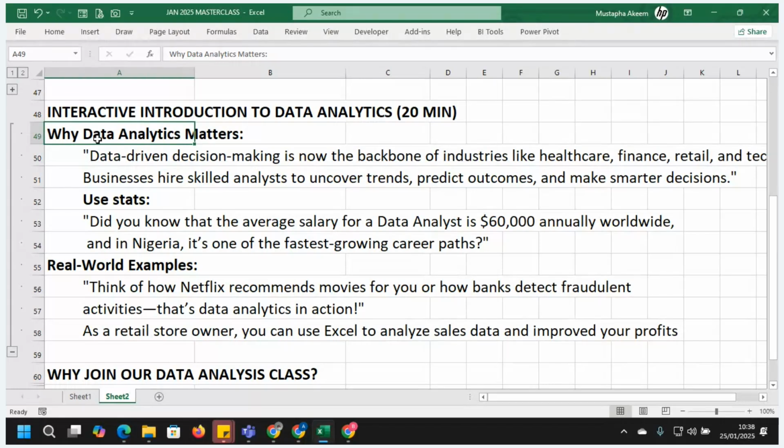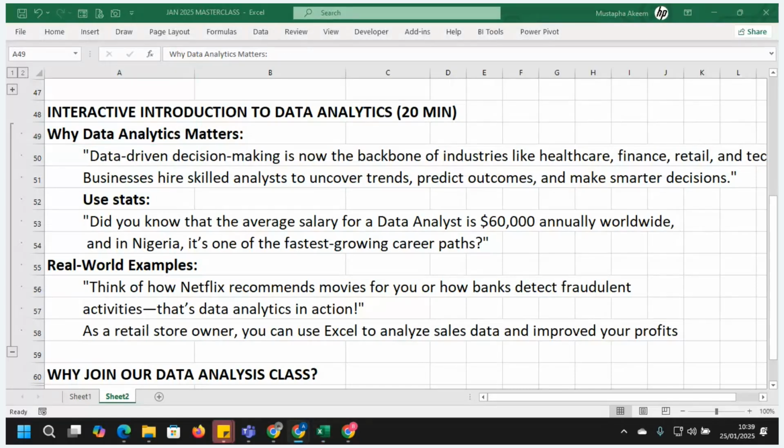Worldwide, if you search online, especially in the UK, US, Canada, the average salary per annum is around 60,000 US dollars, which is higher than the average salary for many other jobs. For those leaving the country, one of the most important skills that can help your career out there is data analysis.